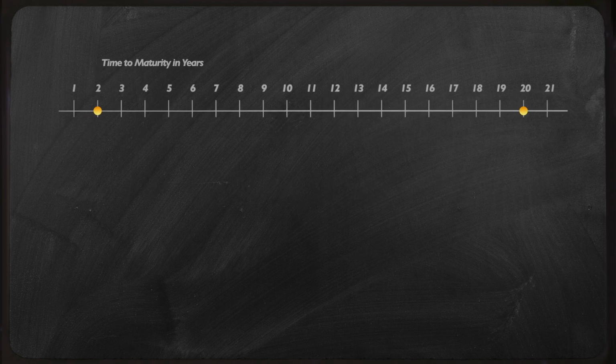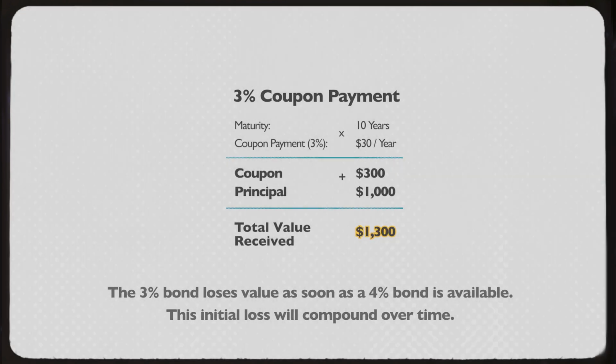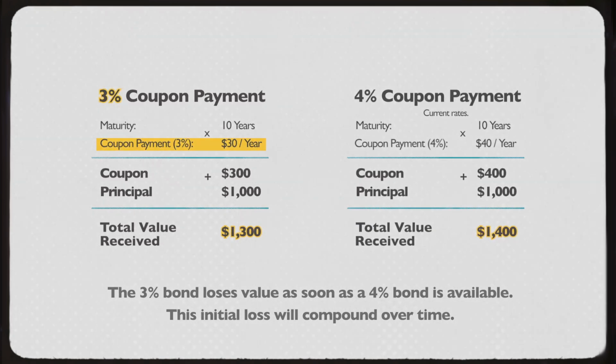Imagine you have a bond that matures in 2 years versus one that matures in 20 years. If interest rates go up, the bond with the longer time to maturity will see a more significant decline in its price compared to the shorter bond. Why is this? Going back to our original example, the investor is holding on to a bond that has lower payments for a longer period of time, in addition to a longer payback period of the principal amount, both of which erodes the value as you consider inflation and other discounting factors. Investors looking to reduce the risk associated with interest rate fluctuations might opt for bonds with shorter durations.